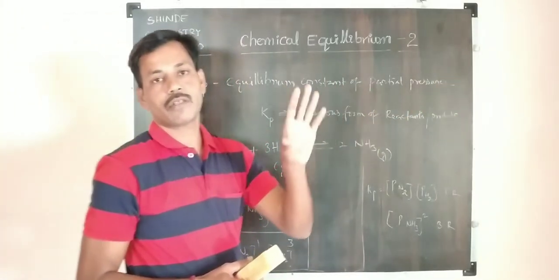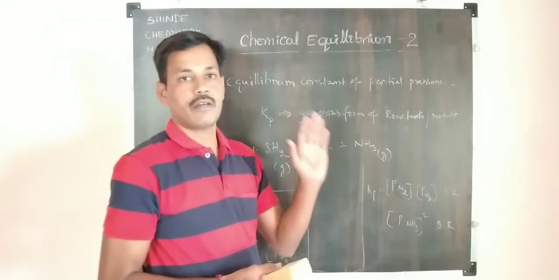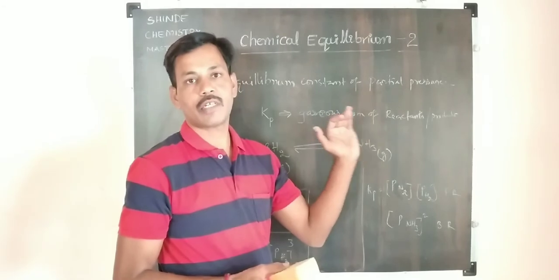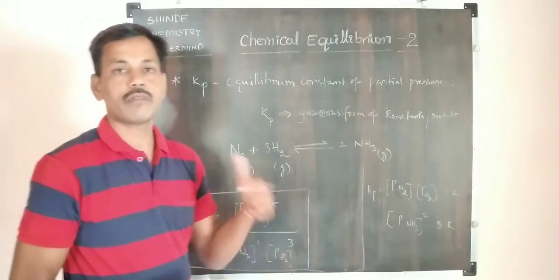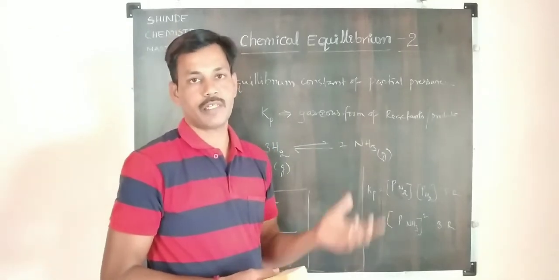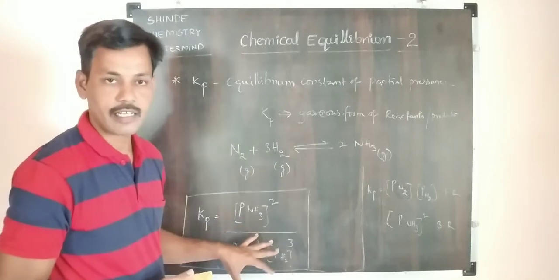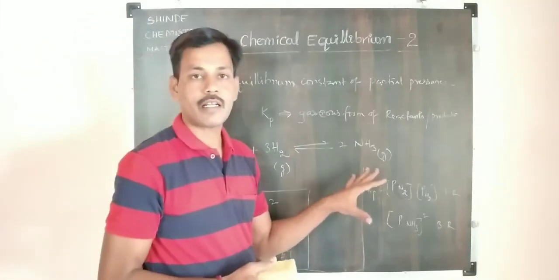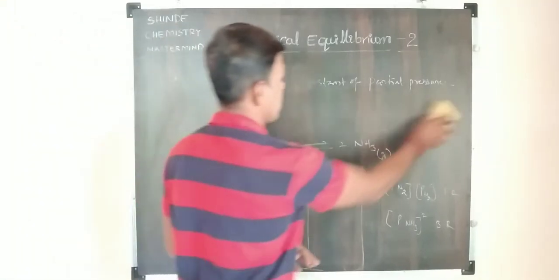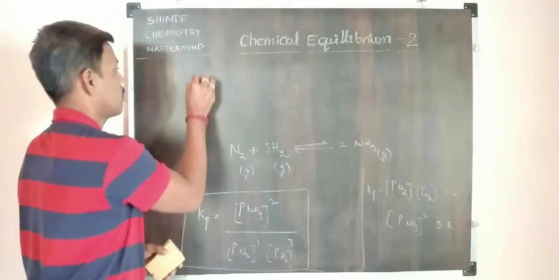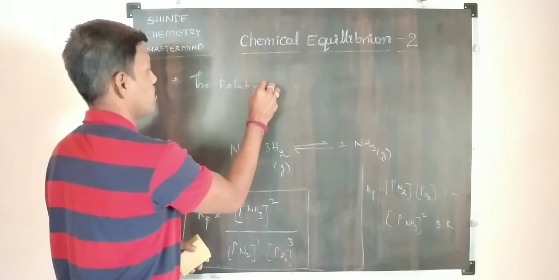So this is the derivation of the equilibrium constant of partial pressure. The equilibrium constant of partial pressure is only applicable for reactants or products which are in gaseous form. Rather than that, we have to use Kc; instead of Kp we have to write Kc. This is the mathematical derivation of Kp. Then we go to the next topic, the important one, the relation between